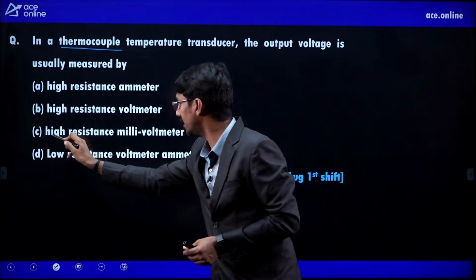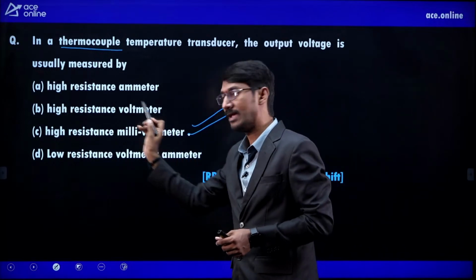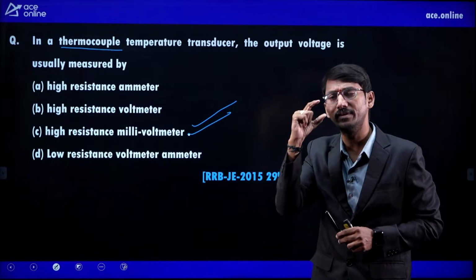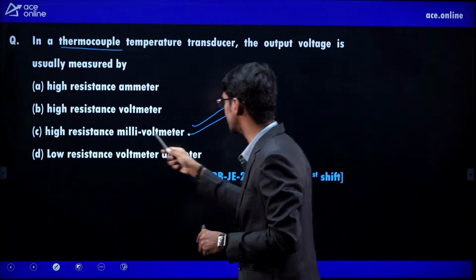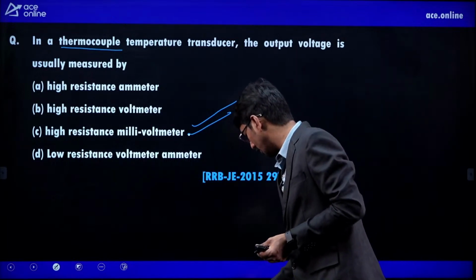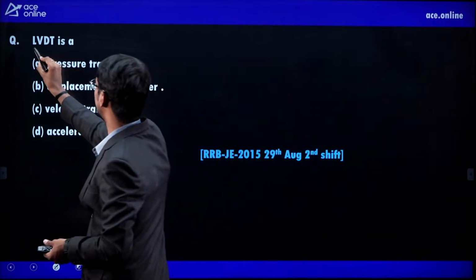That's why a high resistance millivoltmeter. A voltmeter should have high resistance anyway, but the thermocouple output will be very small. Therefore, high resistance millivoltmeter is the answer. High resistance millivoltmeter. Next. LVDT is a